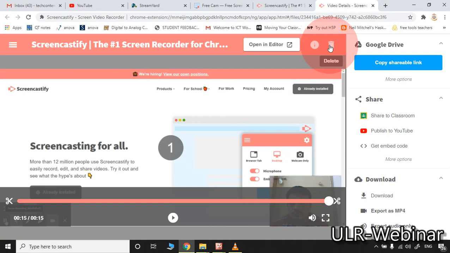But simply by downloading the extension, you can add your webcam, you can add your microphone audio, you can add your system sounds, everything. All the videos will be automatically saved into your Google Drive. Even you can also download them as separate files into your PC.